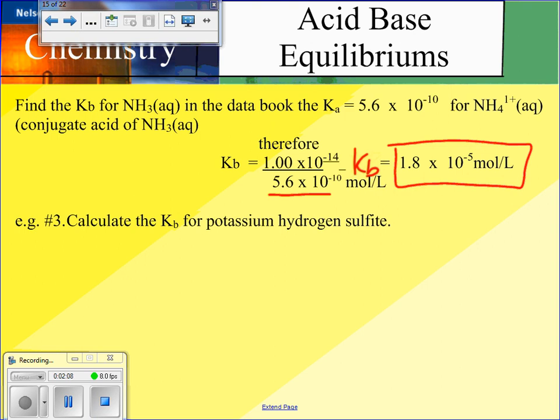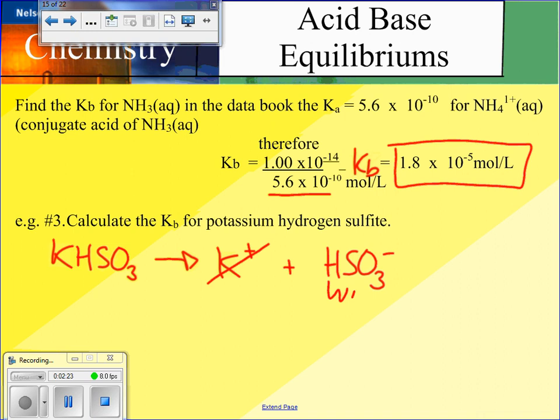Calculate the Kb for potassium hydrogen sulfite. So potassium hydrogen sulfite is an ionic compound, which means that in solution it's going to dissociate to potassium and hydrogen sulfite. So the potassium's a spectator, but the hydrogen sulfite is going to act like our weak base. You have to be careful when you're dealing with these amphiprotic substances because they can act like an acid or a base. So when you're looking up the Ka value of the conjugate acid, you want to make sure that you're looking in the column on the right to find that substance,